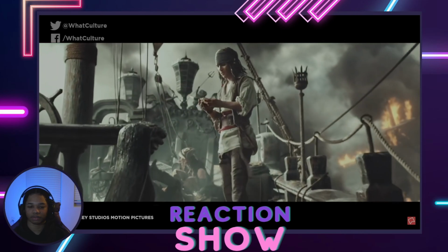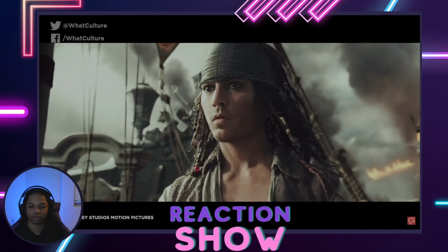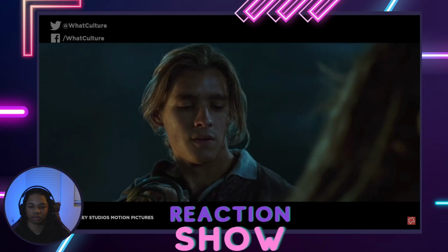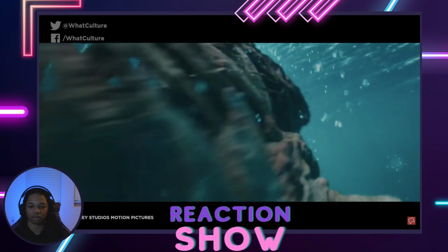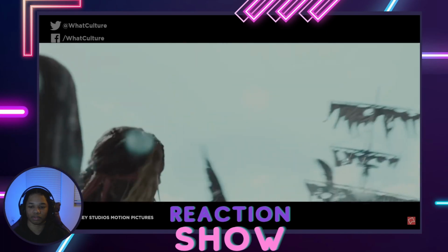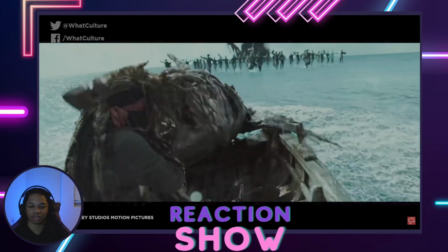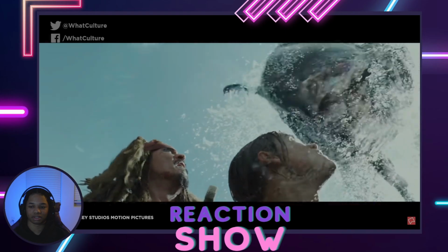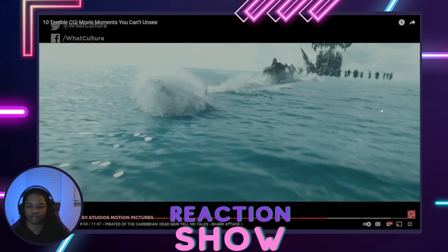Depp's de-aging in the flick wasn't actually half bad, but that's about as good as it got for the 5th Pirates film's visuals. The worst culprit came during a scene where Jack and Brenton Thwaites' Henry Turner were being chased by ghost sharks. Yep, they're a thing now. Looking, ironically, like the sort of unpleasing visual effect you'd find in an immersive theme park ride. The moment where one of the sharks jumps out of the water and attempts to munch the two main characters felt about as believable as the thought of a decent